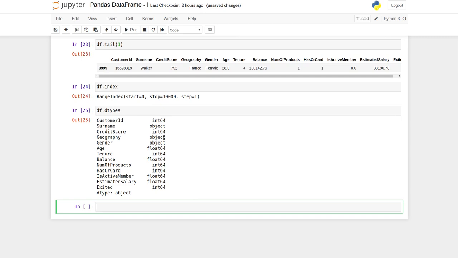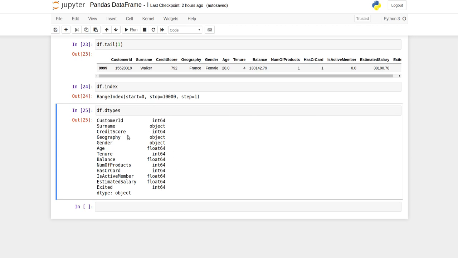If I talk about series, in series we have only one column or one-dimensional data, so it just shows a single row. Here we have multiple columns, so it shows the data type of each and every column. So we have customer id of int type, surname of object type, and similarly all the data types have been shown here.